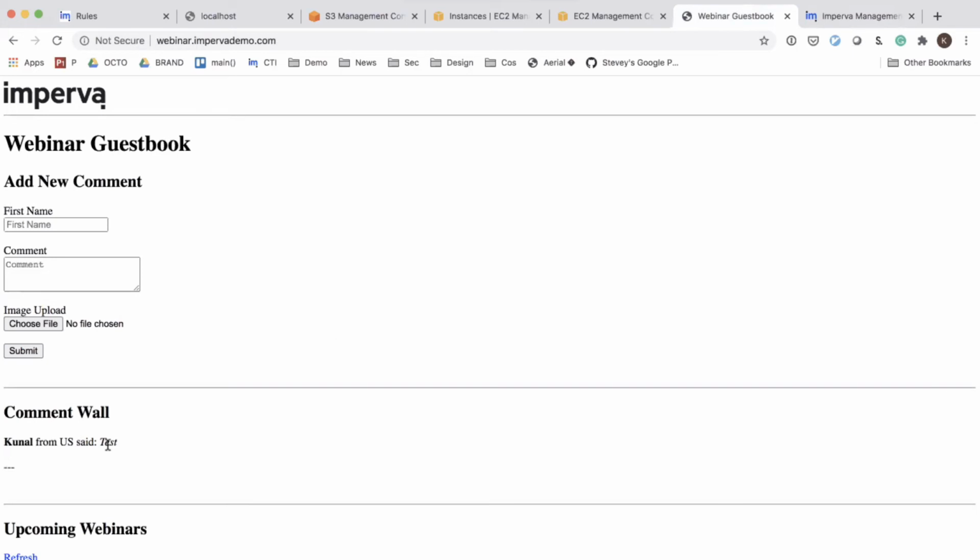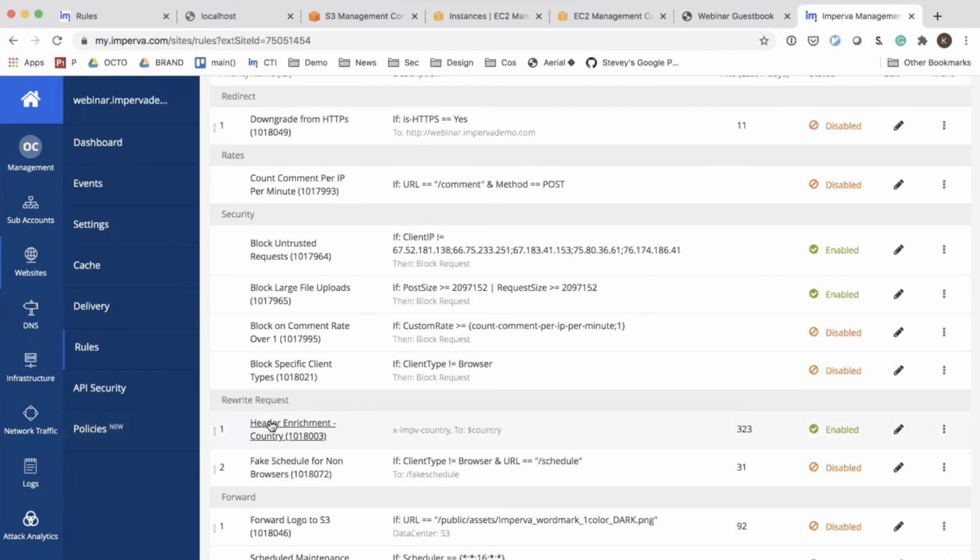So again, you may have another gateway or another appliance upstream, and maybe you want to manipulate those headers and make sure those headers pass down. This is one way where you can do that. And of course, you can send additional information back down as well.